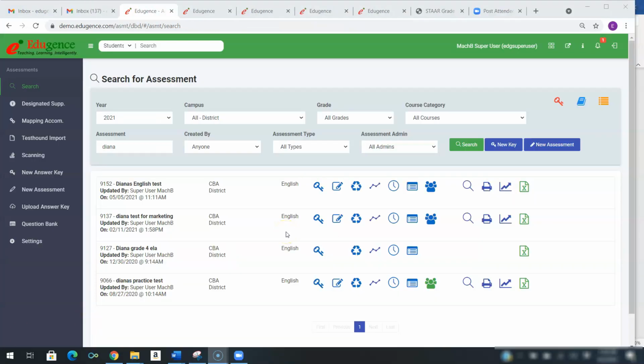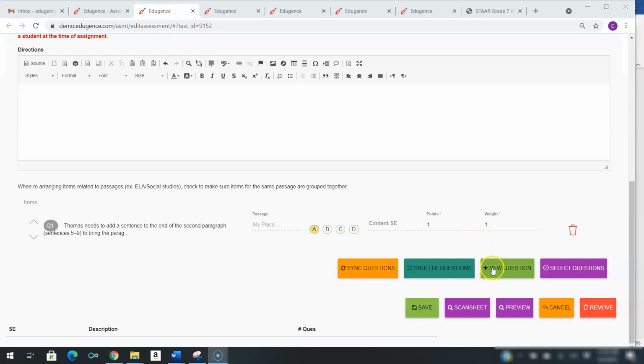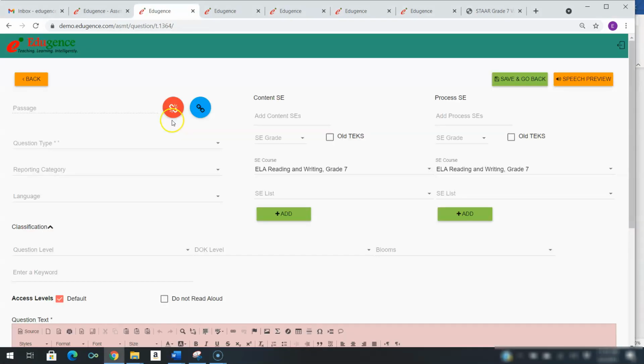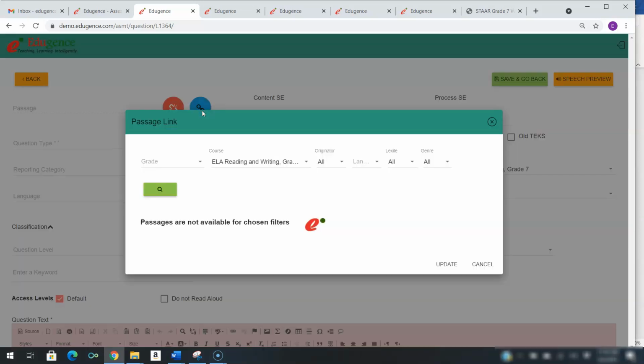Also, there may be times when a user wants to link questions to existing passages or to unlink questions from passages. In order to do that, select the test and go to the Edit Assessment icon. Click on New Question. You can now link a question to a passage by clicking on the icon that says Link a Passage. Once there, fill in the information